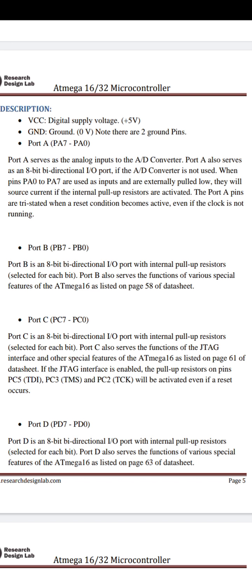These are the functions of port B, the main part of the ATmega16, with pull-up resistors.